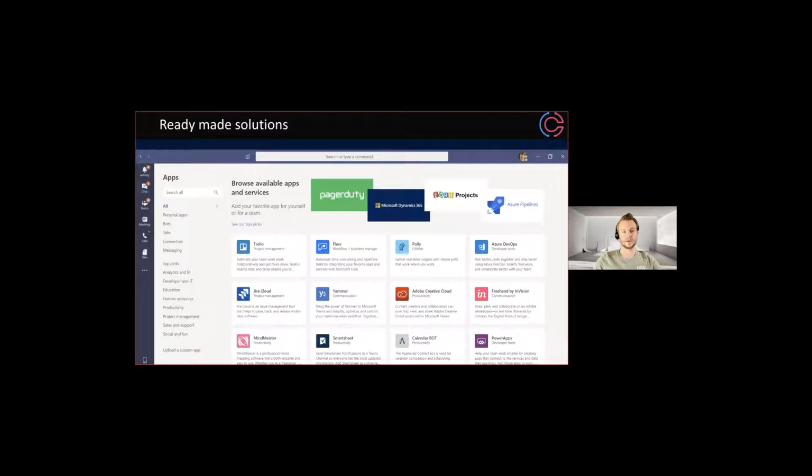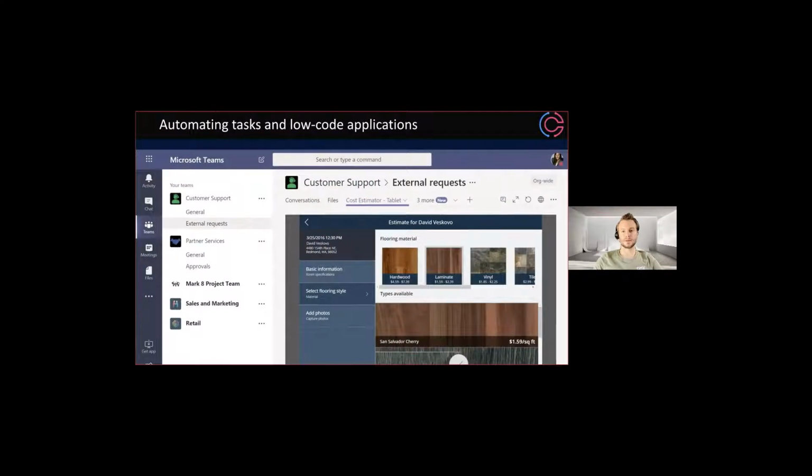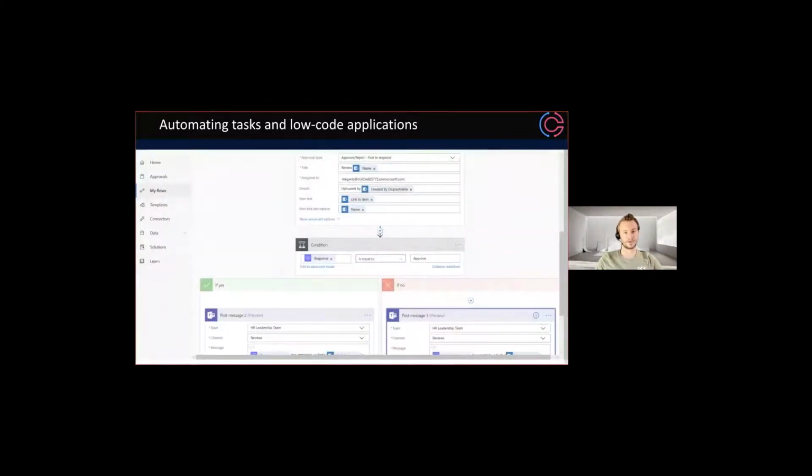Going forward, there's also the ability to integrate the Power Platform into Microsoft Teams. So you can embed a Power App as a tab in Teams or interact with Teams through the out-of-the-box connectors available in Power Apps and Power Automate. For example, in this screenshot, you can see that there is an email that gets sent out for an approve or reject. And once the message is approved, there will be a message posted into the HR leadership team saying that the review has been approved or potentially rejected. And using these connectors, everything gets posted into Microsoft Teams.